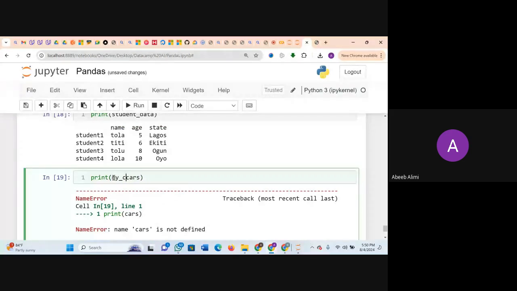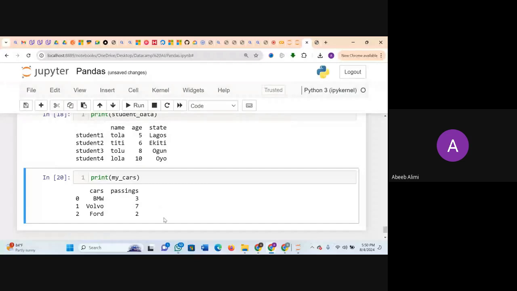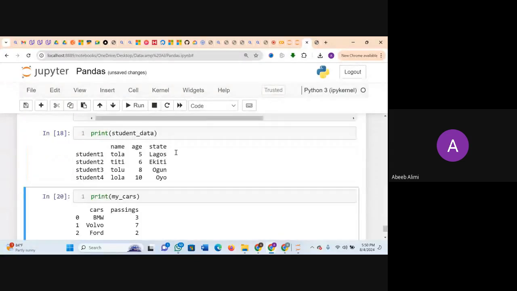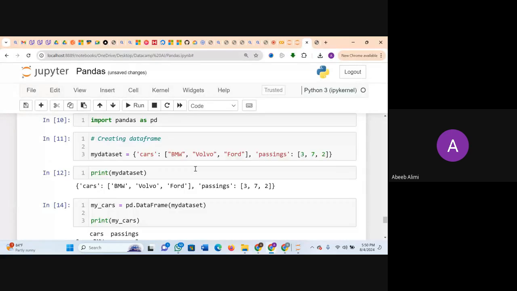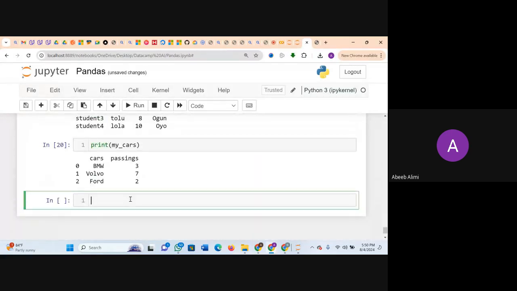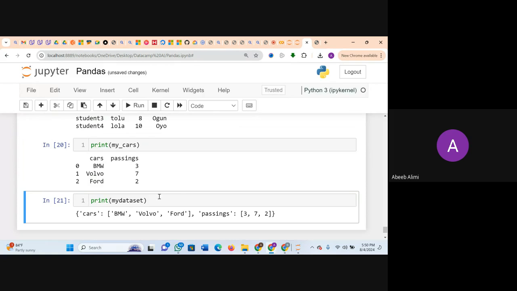My cars. All right, so a quick one. Don't forget the dictionary of this is my data set, right? So I can come here and print my data set. So we have this data set.